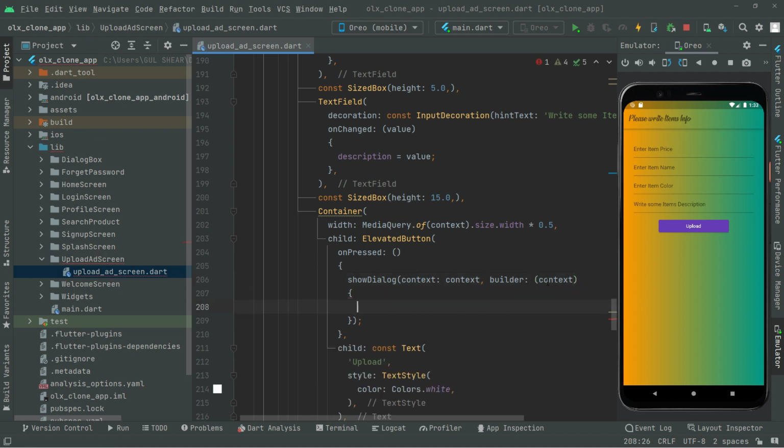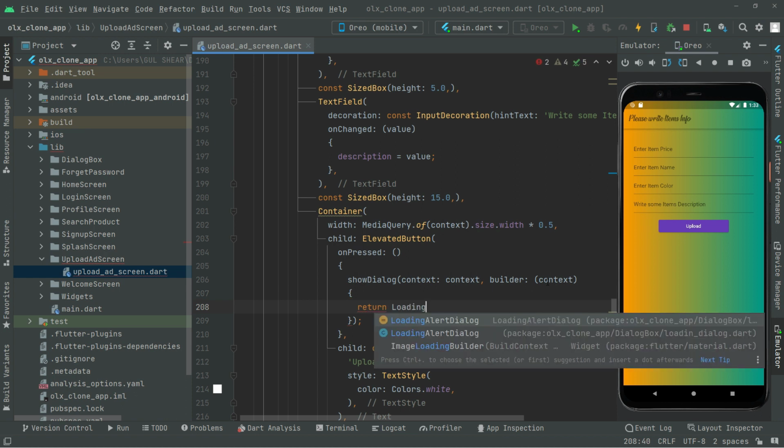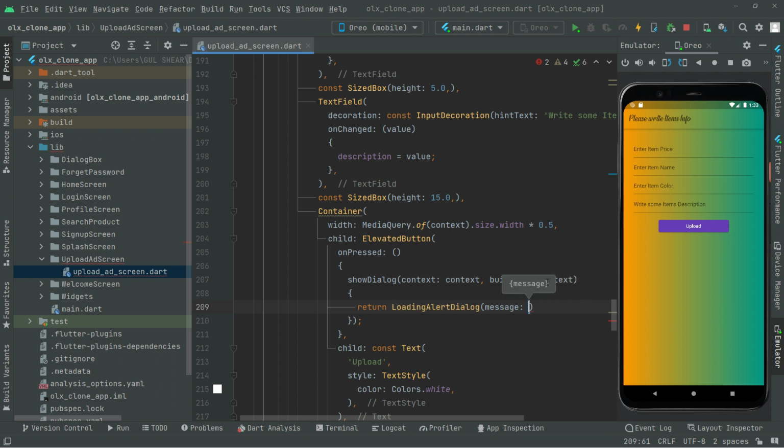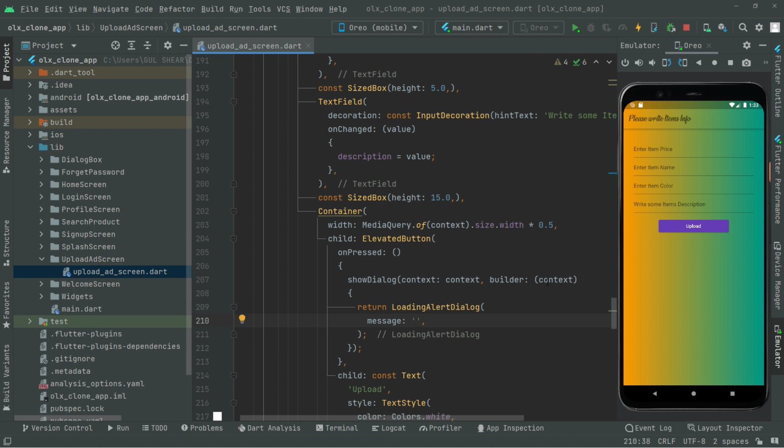Okay, now in here we will simply return the loading alert dialog. In there we will show the message. We will just remove that. You will edit just in a while. Write it and semicolon and take this down. In here we will show a message, because it will just upload the data, so we're gonna show a message something like uploading, like that. Okay,